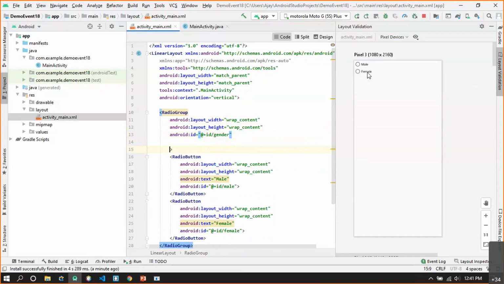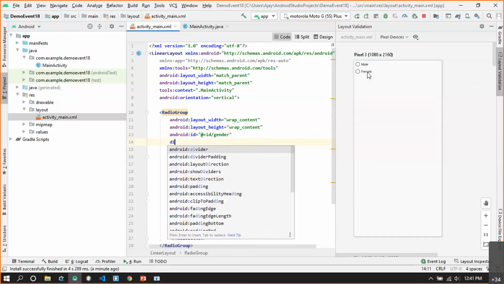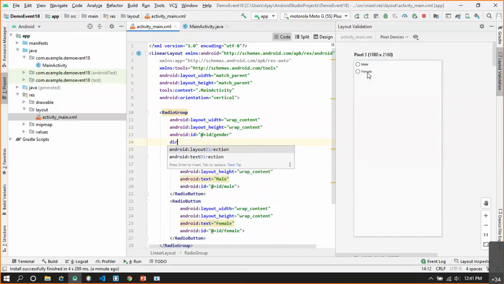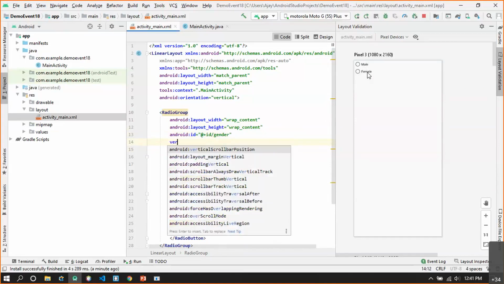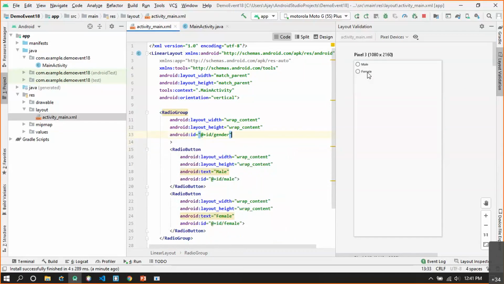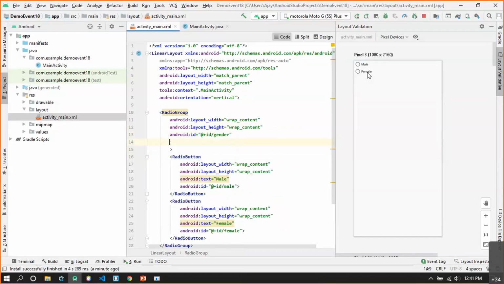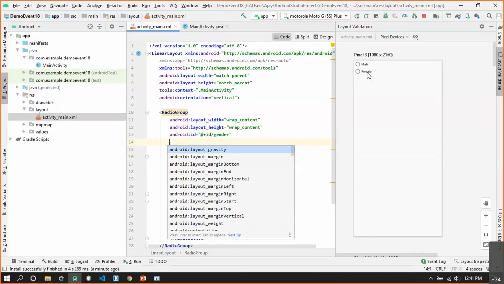If you want to move them into the horizontal direction, you can choose the corresponding direction for your radio buttons. Let me check what option is available for that.